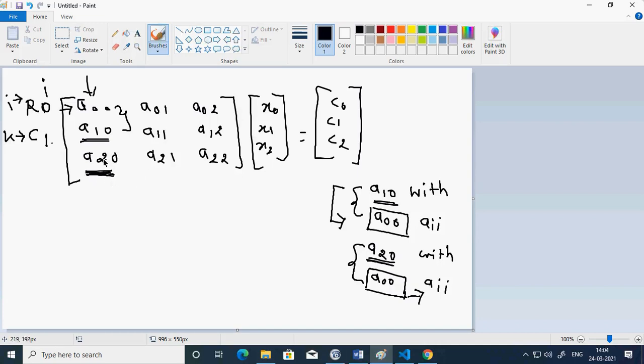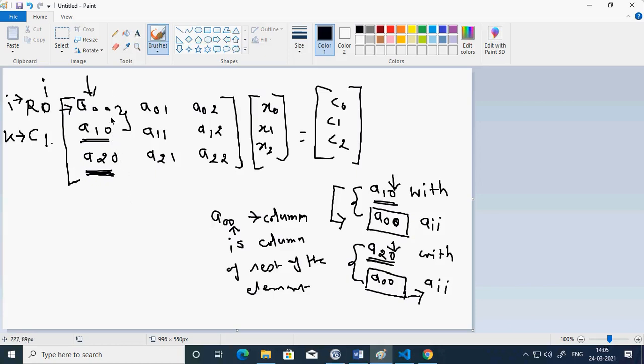So it is quite clear that while comparing, the column 0 is the column of the rest of the elements. So if the column is 0, look here, this is 0, this is 0, because they belong to the same column.